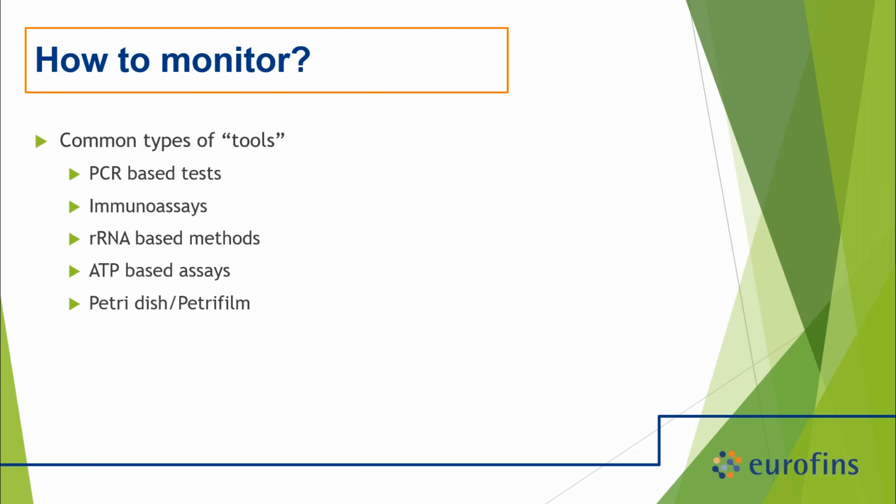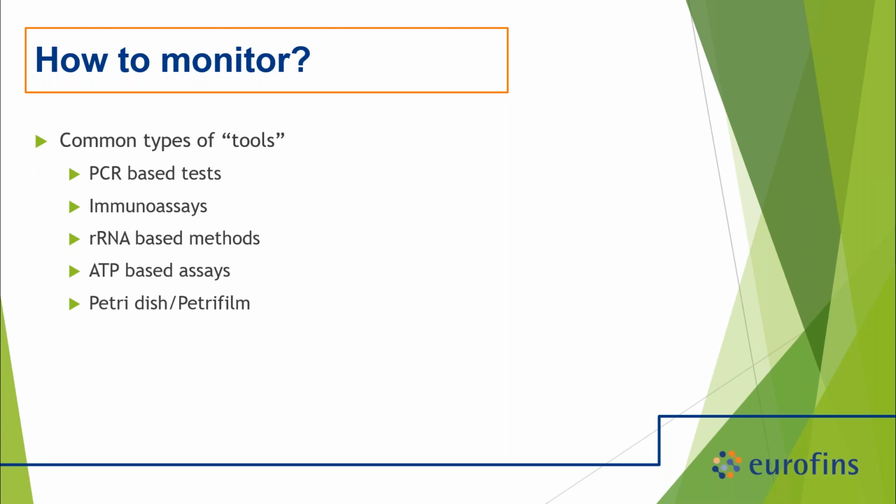So how to monitor? We have different tools, right? So we talked about the bathroom scale kind of concept. There's a lot of different tools that we can use in environmental monitoring to assess risk. Many are PCR-based or based off of DNA. That's certainly the case for Listeria species and direct pathogen testing. Probably the most ubiquitous tests out there right now are PCR-based tests, which are looking to see whether or not there's DNA of that organism there. Effectively, it's the crime scene investigation of food production plants. Is Listeria there? It doesn't necessarily mean it's living, but is it there based off of genes in your DNA?